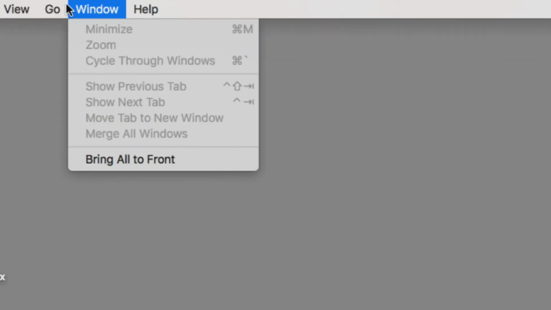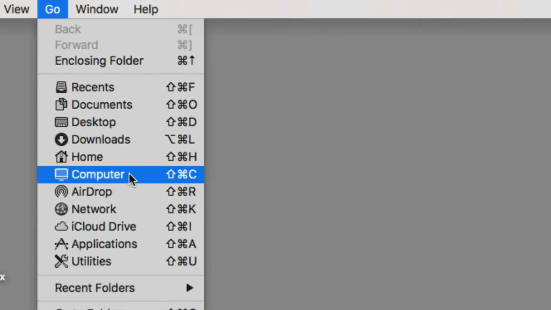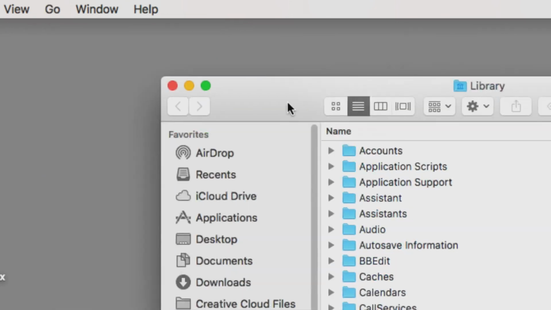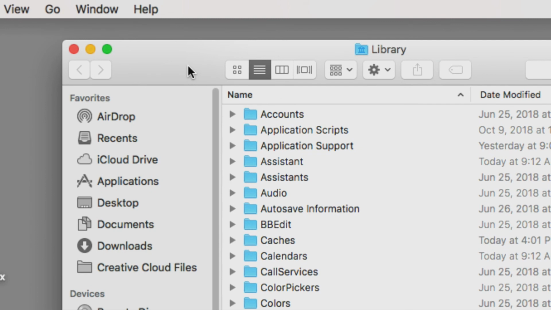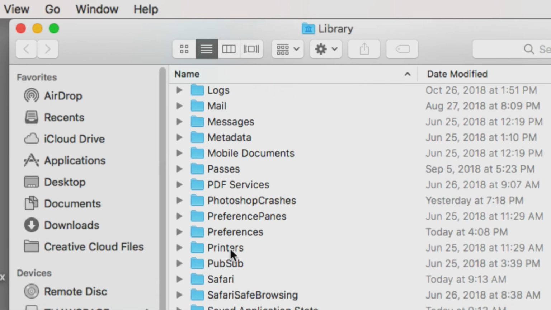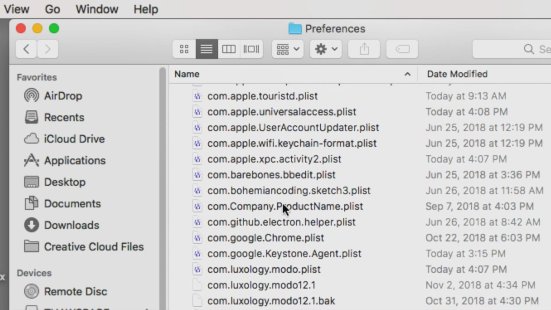If you go to the Go window and hold down your Option key, they expose the secret backdoor to all the root files of your computer, your library. Now, there's a reason why this is secret on the Mac, because you can really destroy things pretty fast if you start fiddling around with the contents inside of your library. But specifically where we're going is that I'm going to go into my preferences. These are all the root preferences for every single file on the computer, right? And I'm looking for one that says